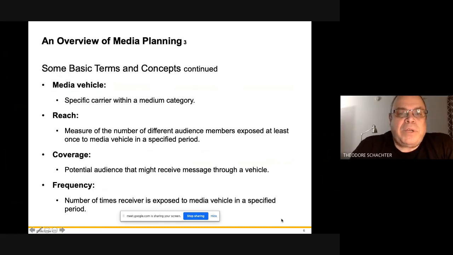When you want to have high frequency, keep in mind that our budgets are fixed, meaning the amount of money we spend doesn't just grow to whatever we need it to be. We're going to have to sacrifice coverage, or sometimes we may sacrifice and have a lower reach. Okay, all this has to be in a specified period of time. So it could be over a year, could be over 6 months, could be over 30 days. It all depends, but it's usually based on a year marketing plan.